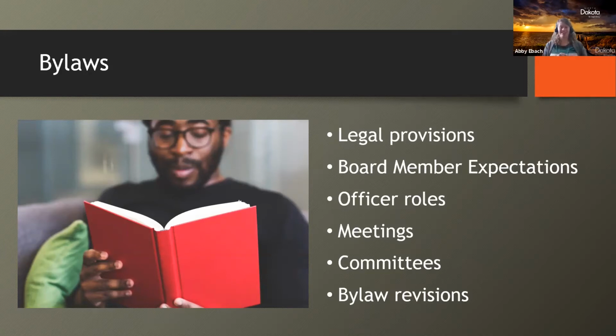The bylaws should also include information about the roles of the committees. So how a committee would be appointed, what they should do, and then a provision for the review and revision of the bylaws, so that when bylaws need to be updated and amended, there's a process laid out for how to do that. That's a lot of stuff. I have examples of bylaws on the LibGuide I mentioned at the beginning.